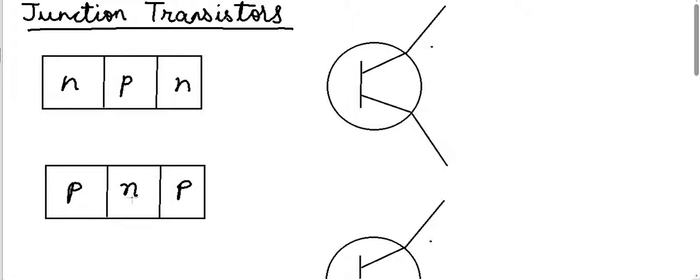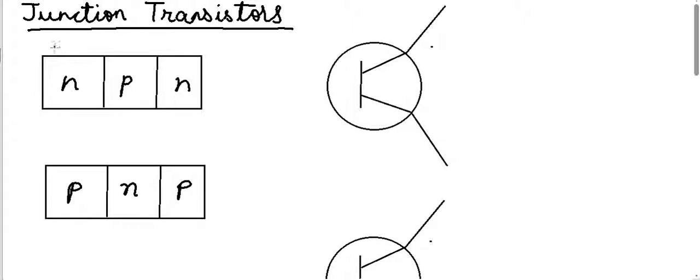and one n which is sandwiched between these two p's. We will discuss the reason why the middle one is very lightly doped and a very thin film. Although in this figure, for ease of viewing, I have drawn all boxes of the same size, in actual practice the middle layer is a very thin region and very lightly doped. So these are the junctions.